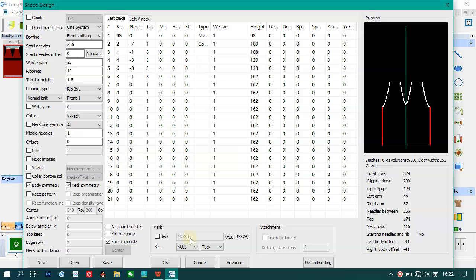Here is mark set definition. Size for small, middle, large. We can choose size 1, size 2, size 3, and select tag or transfer. It is convenient for all knitting workers to know the size better. Also, the max distance you can adjust,